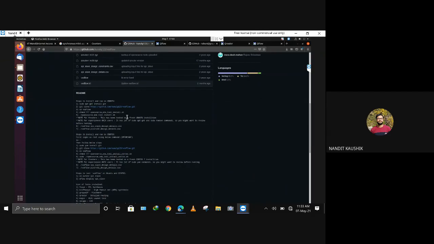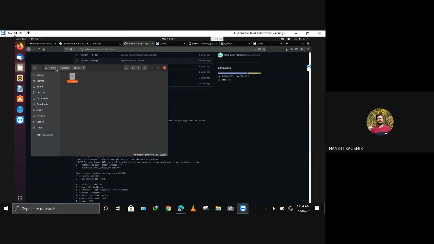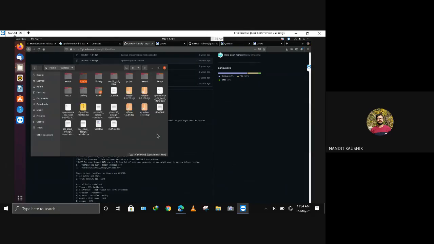The thing is that if you get any package error or dependencies error while installing, you can Google those things, and from Stack Overflow you can easily get the solution for those errors. And after 30 to 40 minutes, all the tools will be installed in a directory named VSD flow. Like if I can show you, I have installed this VSD flow itself. So it will be installed in your directory named VSD flow.